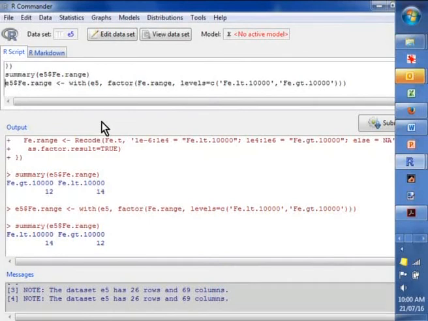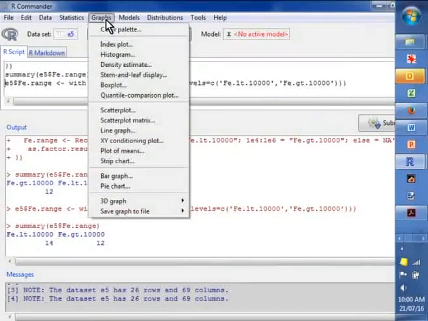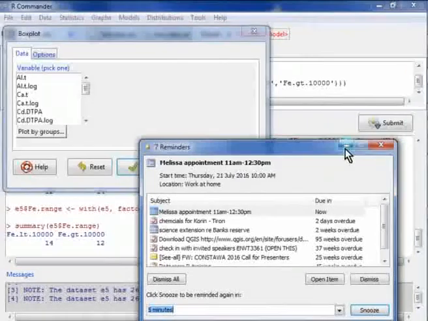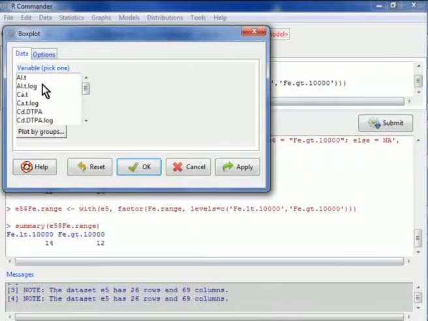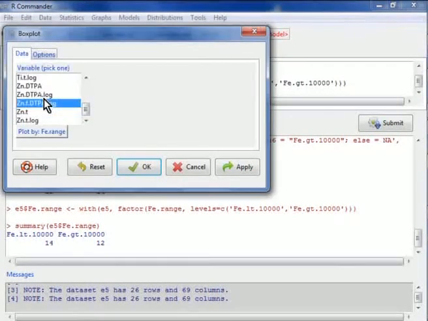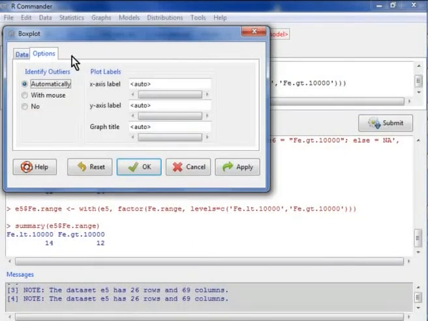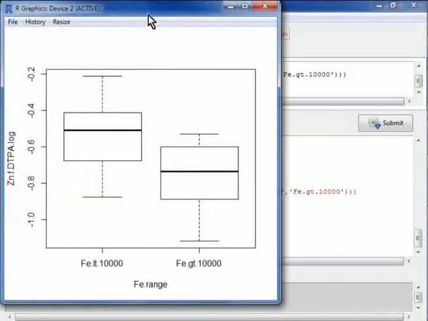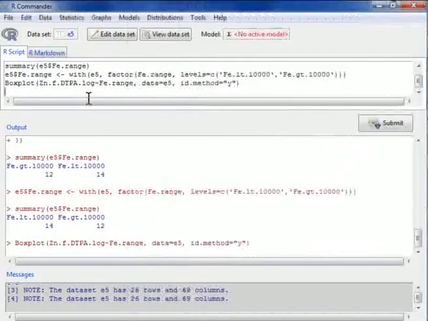So if we, for instance, made a box plot of our variable of interest, plot by, alright, so we can plot by range, options, don't need to change any of that. Okay, there's our box plot, right? And if you want to put some estimate of variability or confidence interval around that, we can, as some of you know,